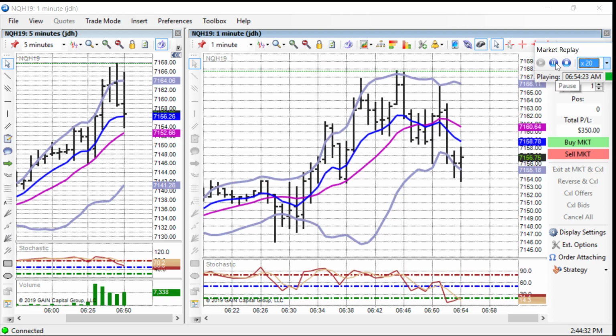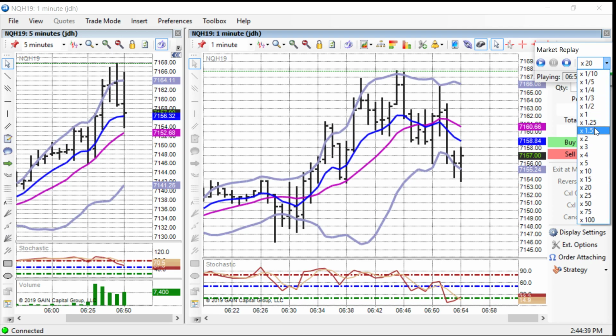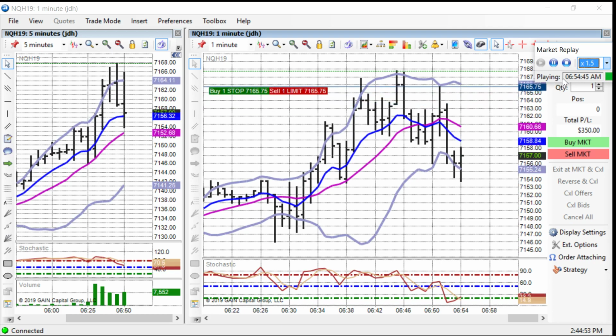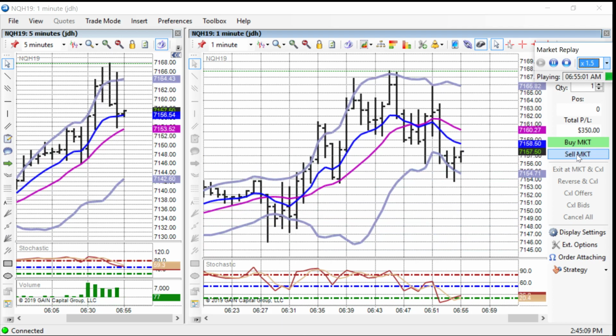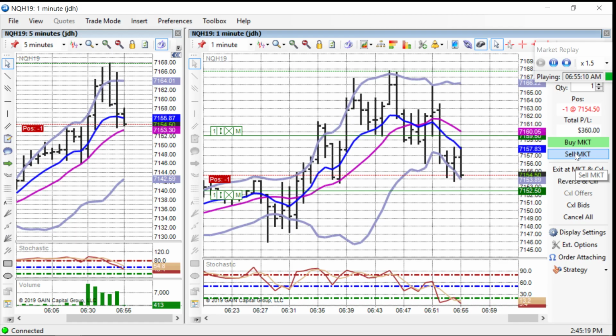To speed that up a little bit. It wants to try to touch that 80 MA. Well, it's got some momentum down here, so